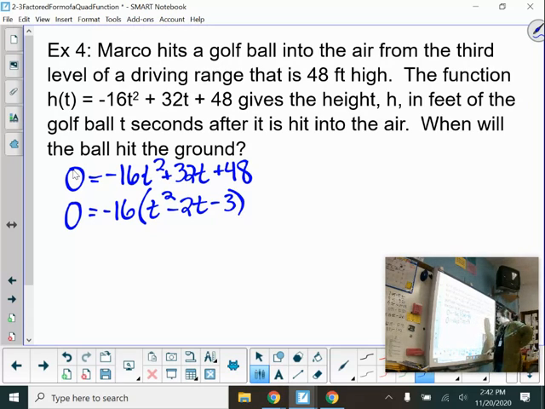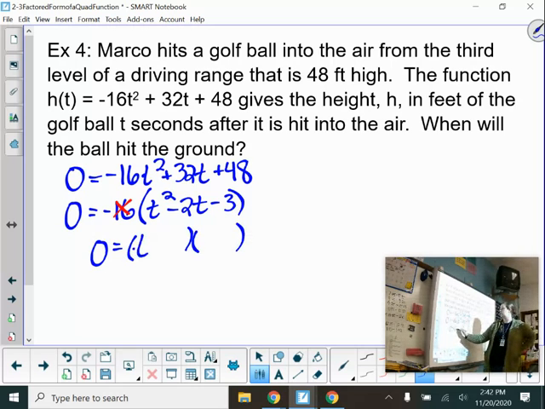When you have a greatest common factor that is a number and does not include a letter, you can basically ignore it, because I could divide both sides by this negative 16 and it wouldn't affect the outcome of the question. When your greatest common factor is a letter, you do need to keep that there, and you would set that equal to 0 along with any other factors that are in your problem. So continuing on with this,